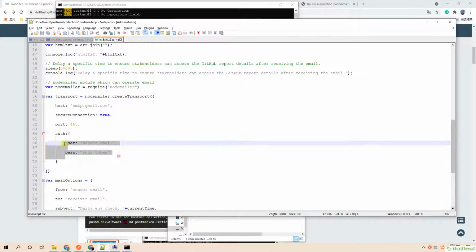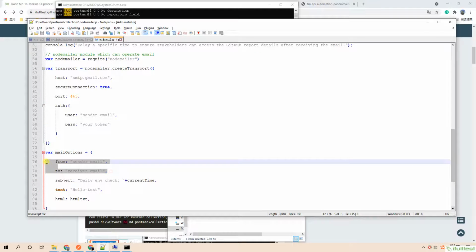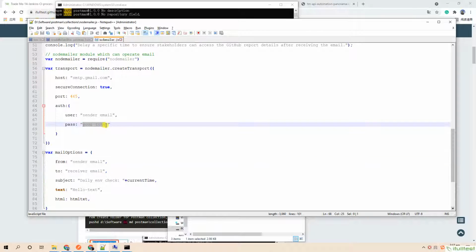See here, replace with your own information, especially for the token.